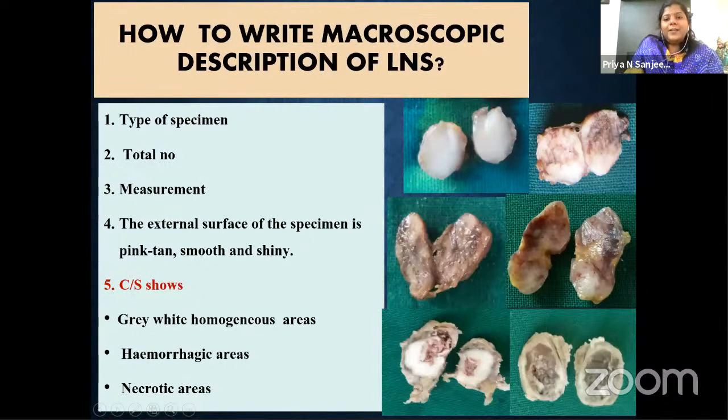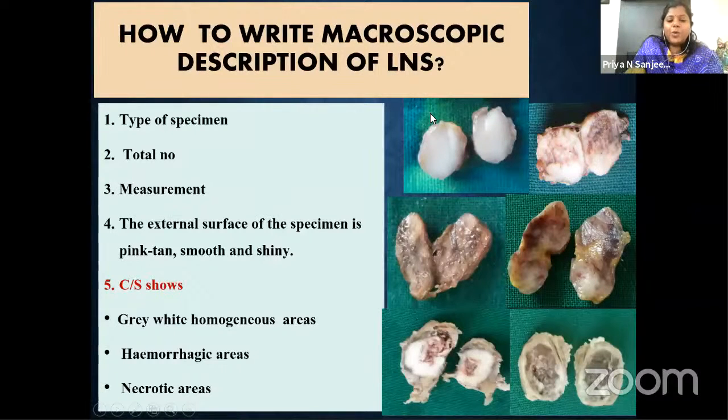How to write the macroscopic description of lymph nodes? So now we have to mention the type of specimen and the total number of lymph nodes resected from the grossing specimen. Then measurements in all three dimensions. We can measure the largest lymph node in greatest dimension and the smaller lymph node. The external surface can also be mentioned, and the cross section we have to look for any